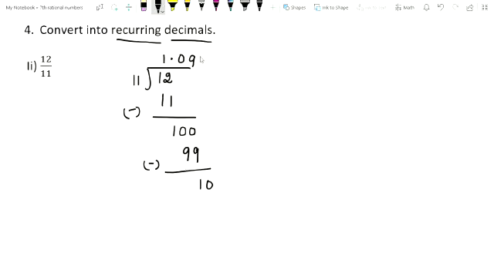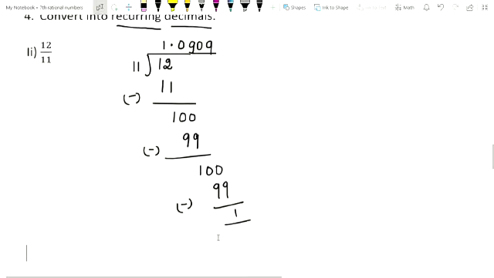So what do you want to do? Add 1 0 to the quotient place as well as 1 0 to the new dividend place. Now it becomes 100. In 100, how many 11s are there? 9 times. So 9 11s are 99. Now you subtract this, what you will get? 1. The same number is repeated indefinitely. Okay, so you can stop the divisions here. Okay, write the answer.